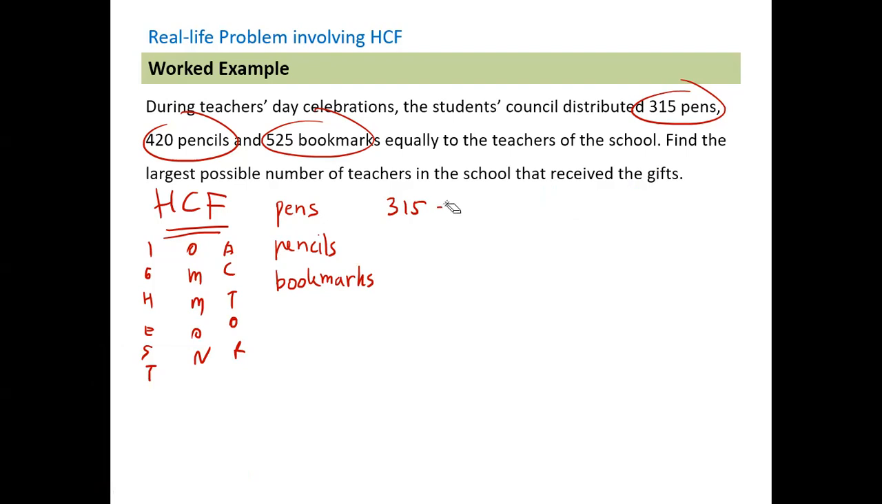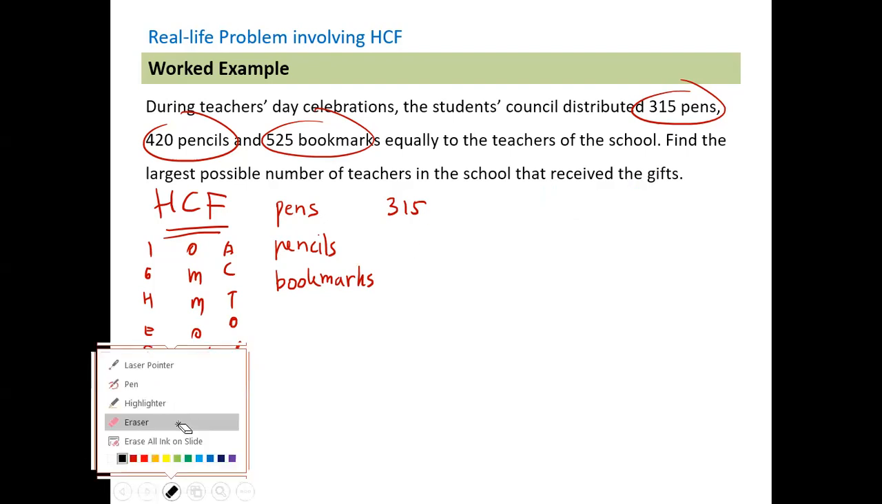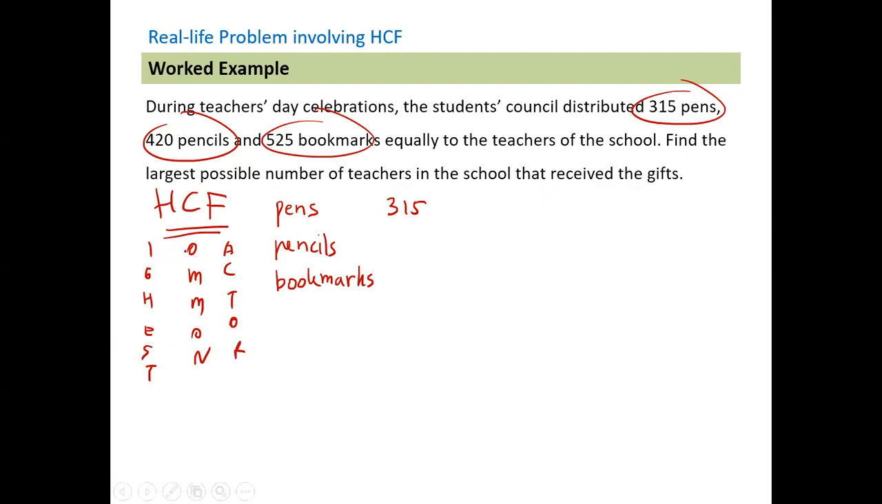Okay, let's try. So the highest common factor is, you divide one big number by a certain number. What is the number that can be divided by? Can 315 be divided by? Okay, so